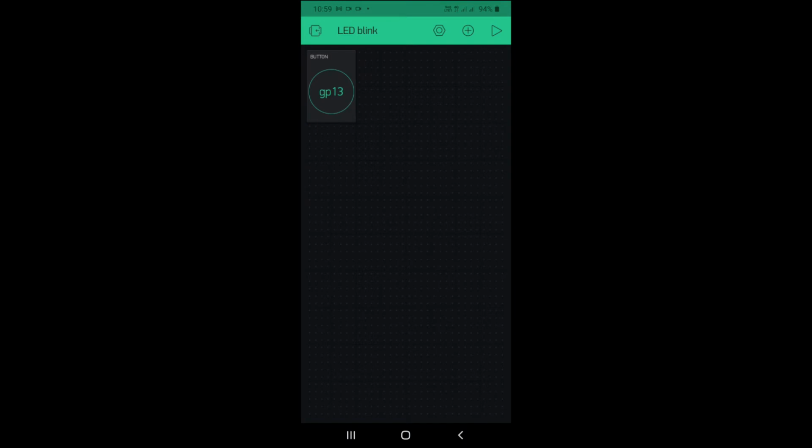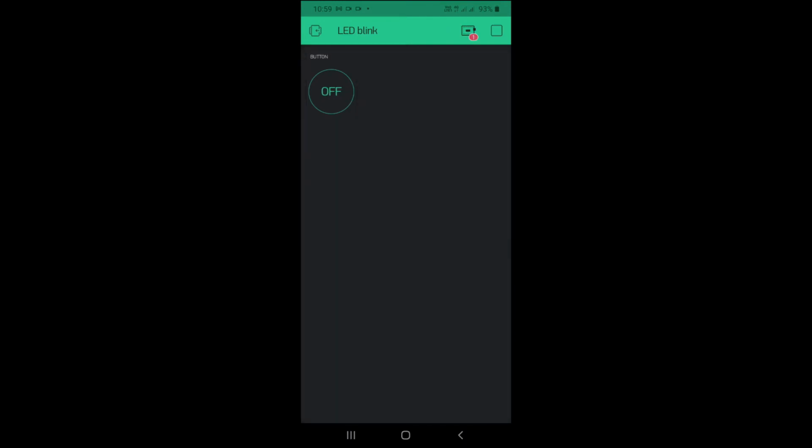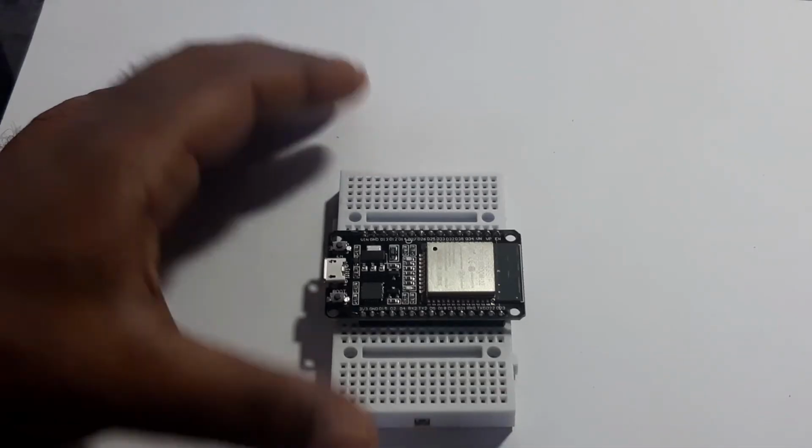We have done, and you can run the program here. Now it is not connected, it is not online. So once we upload our program into the ESP32 board, this should show as online. We'll check.